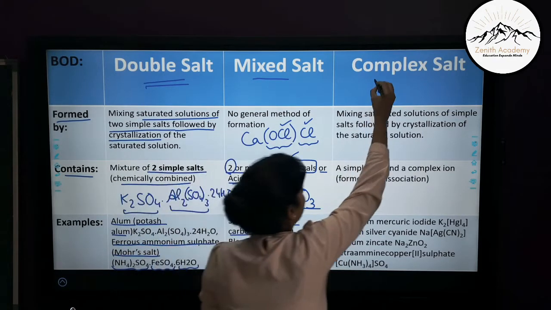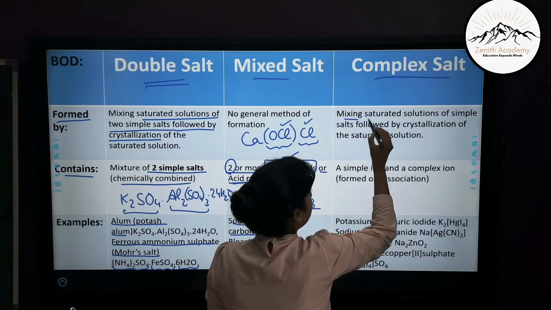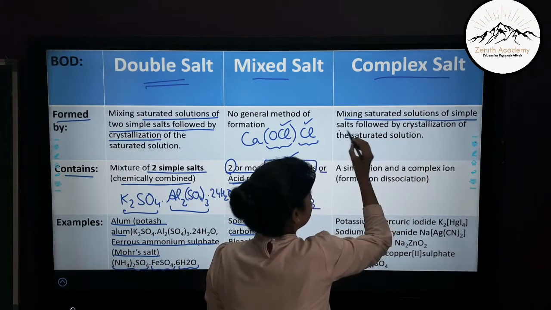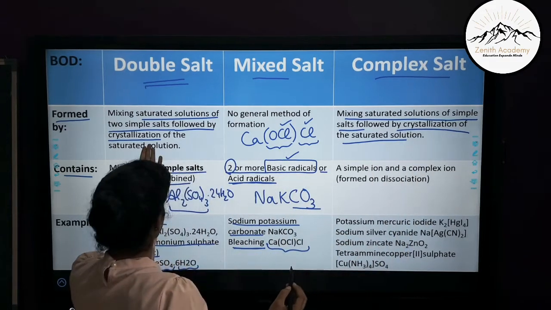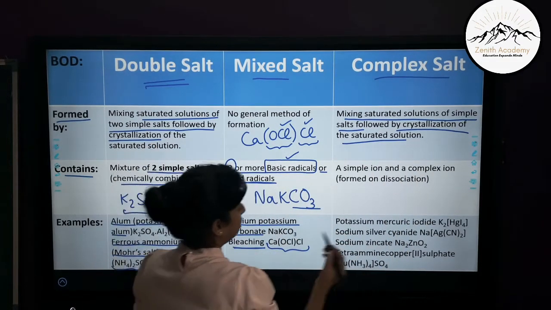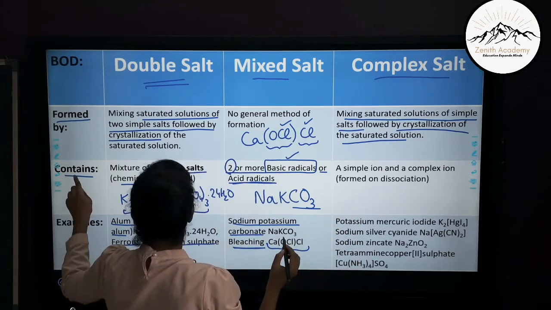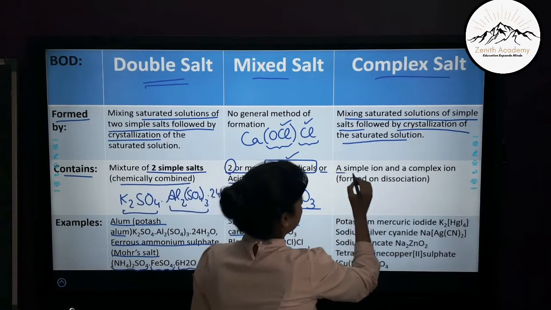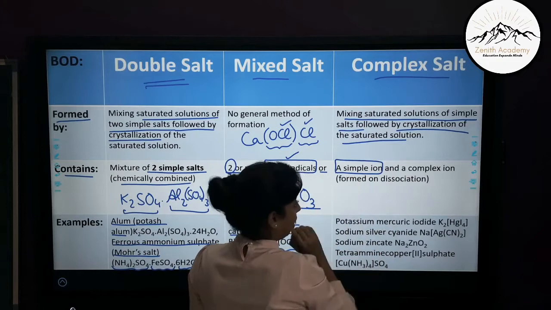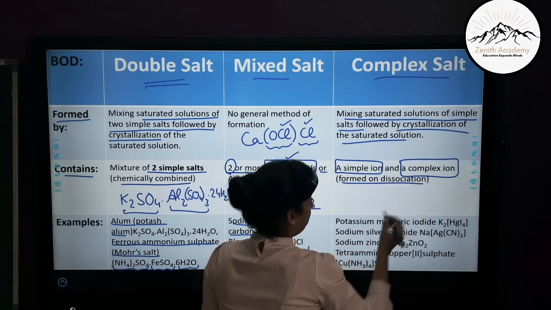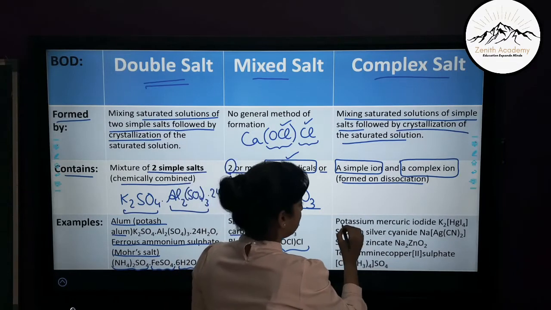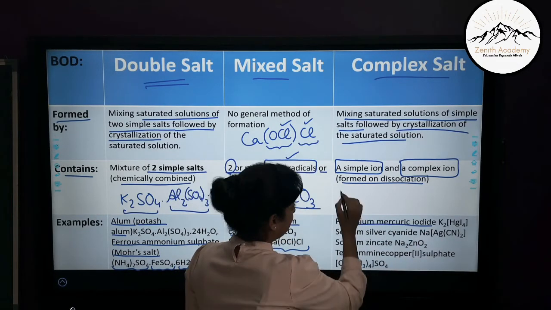Now what are complex salts? They are formed by mixing saturated solutions of simple salts followed by crystallization of the saturated solution. It is formed similar to double salt. But here what is the difference in what it contains? It contains a simple ion and a complex ion, which are formed on dissociation. So here if you see the example, potassium mercuric iodide,